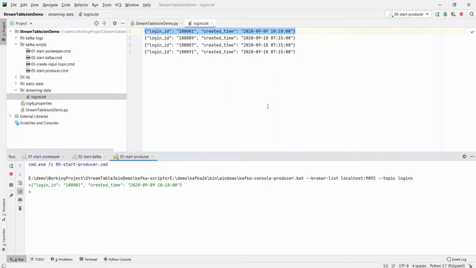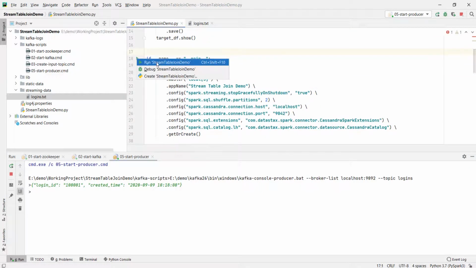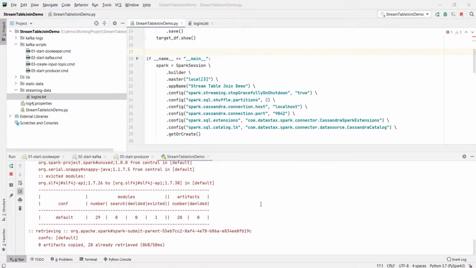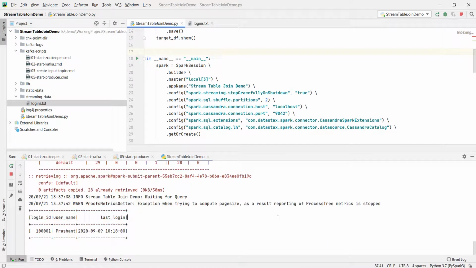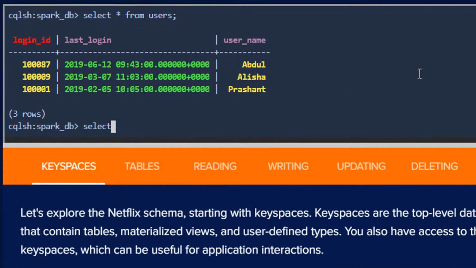Let me run the application. I got an output here. What does it mean? That simply means my Cassandra record should have been updated. Let me check. Great. So the last login time of this user is now updated.